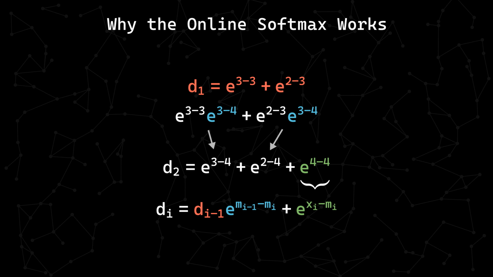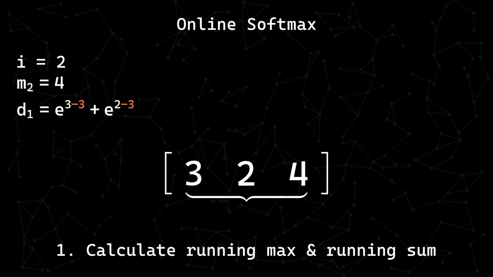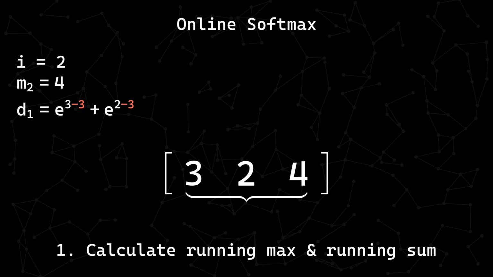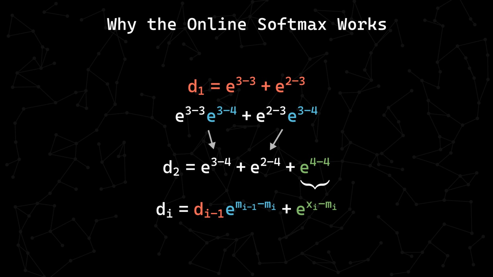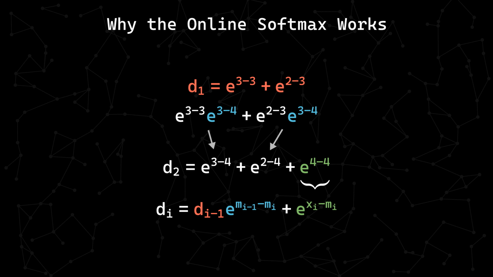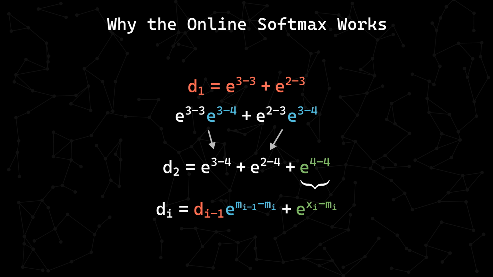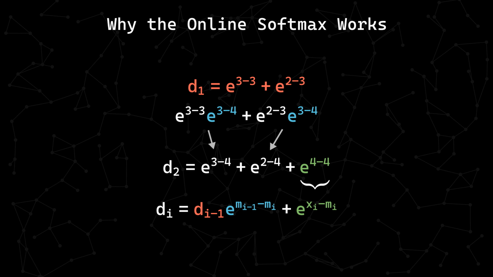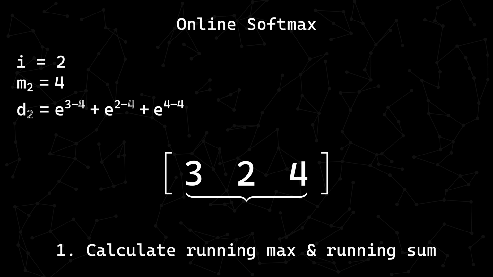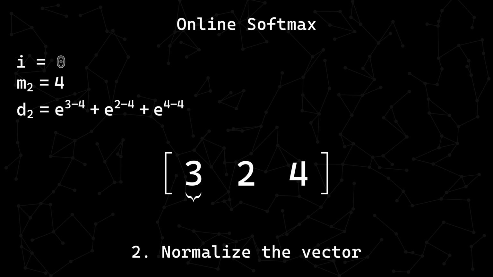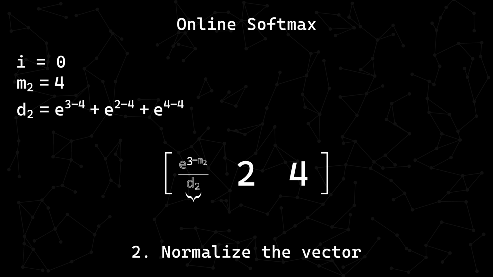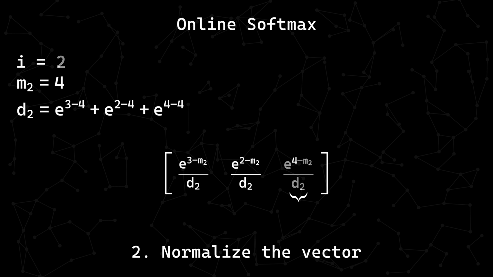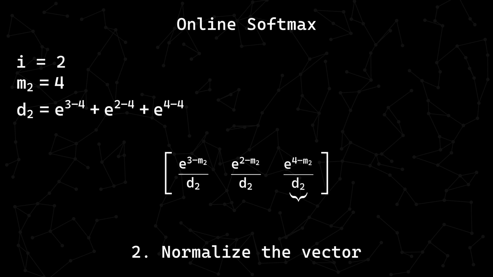No matter how large this vector is, the algorithm will never need to go back to previous elements to update the running sum or running max. And when we end, m sub I will hold the vector's global maximum and d sub I will hold the sum of all of the exponentiated values subtracted by the vector's global maximum. The final step would be to then take these two values and do one final pass over the vector, calculating the final output. Yes, it's still not one pass, but at least we've managed to cut it down from 3 to 2.